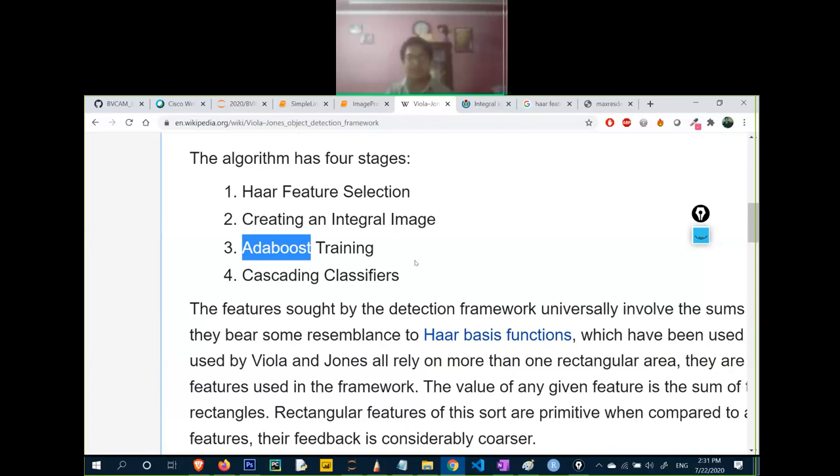Basically, AdaBoost means adaptive boosting. It is a part of decision tree. Generally, we talk about this thing in decision trees. What it does is, from the weak learners, it makes strong learners.